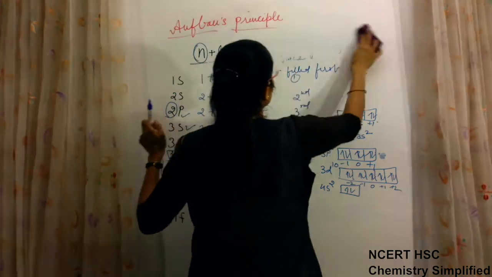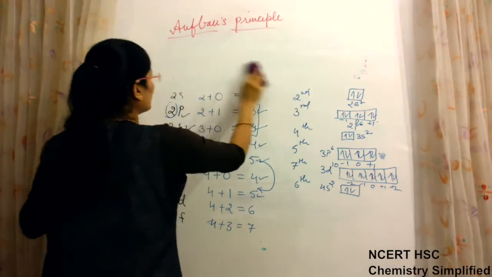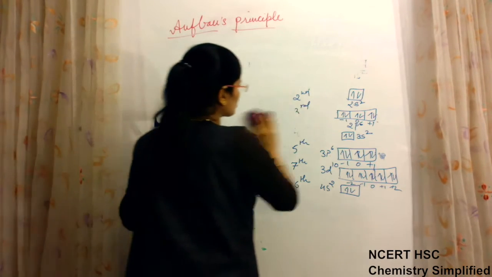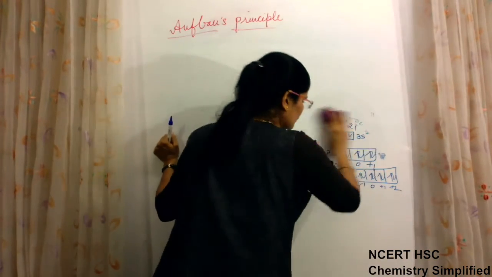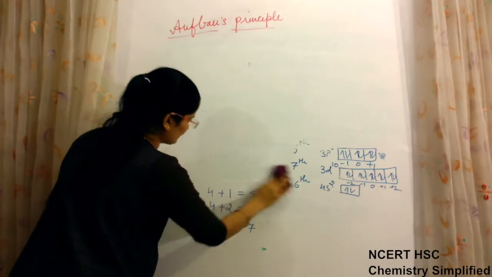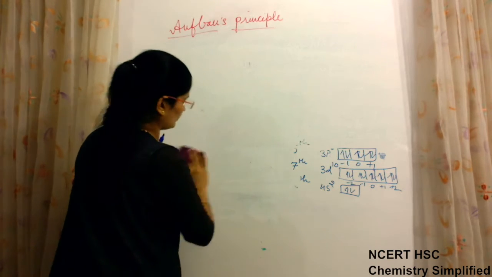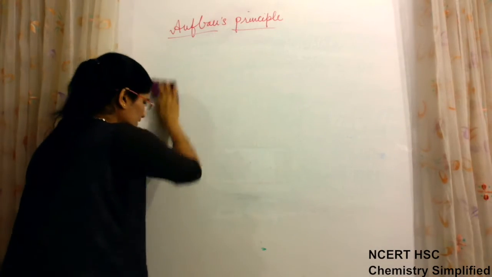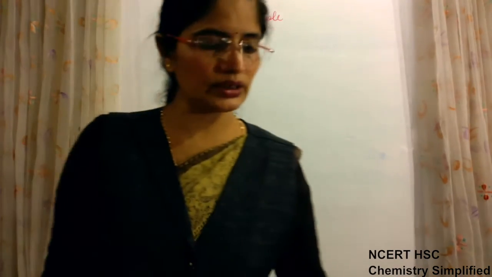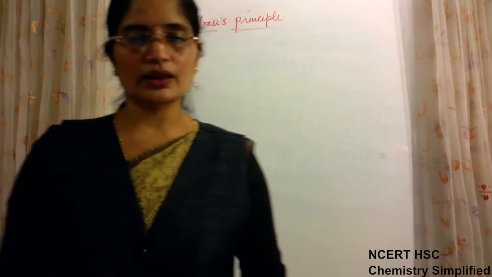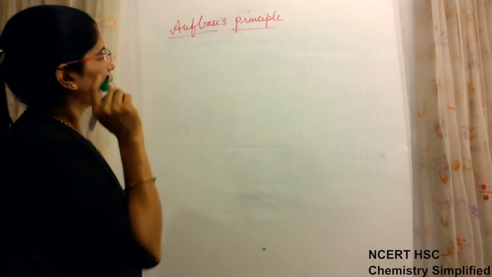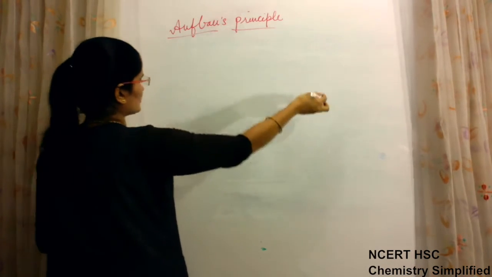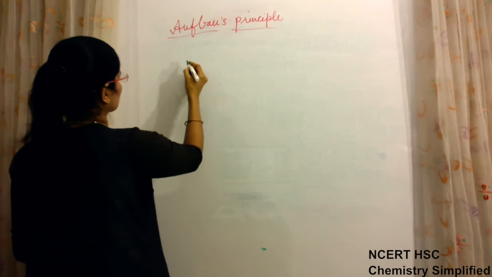Okay, so this is the n plus l rule. Now I told you, instead of doing this, one energy level diagram is also there. With the help of it also we can know after which orbitals will be filled one after the other. Because once we know all these rules, only then can we start filling electrons in various subshells and orbitals. Let us finish this, then I will come again to the energy level diagram which we have drawn for hydrogen.